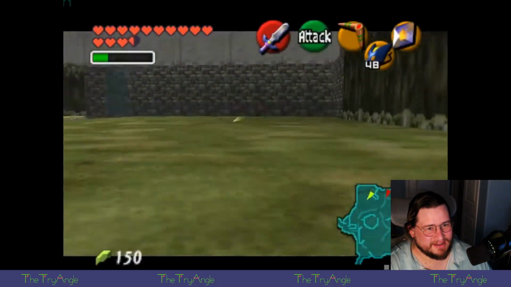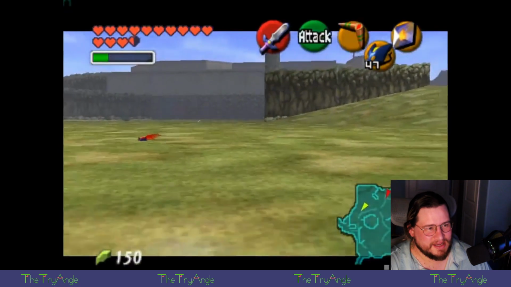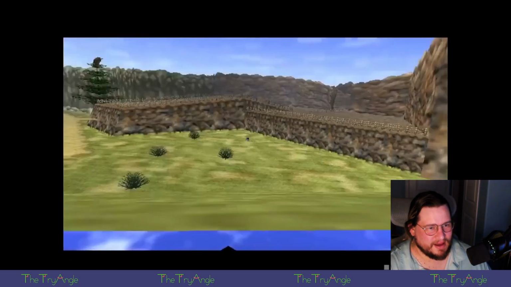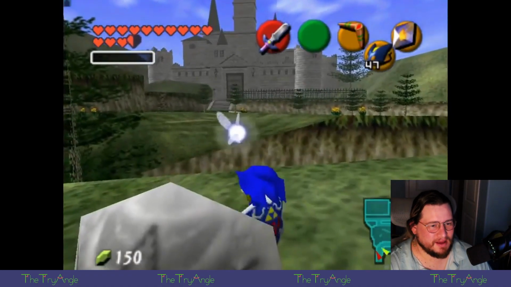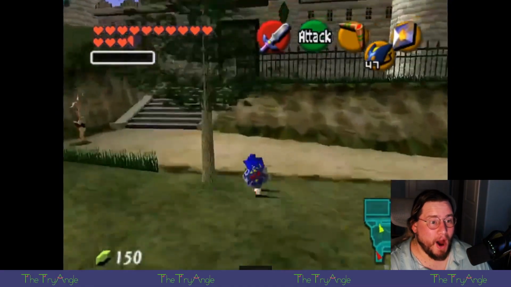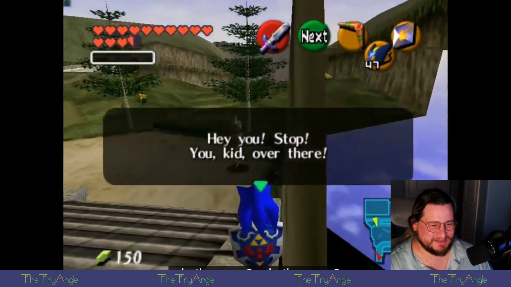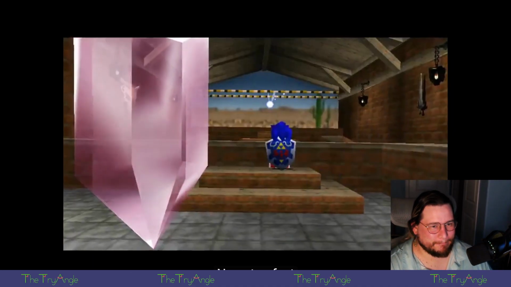My god. He's outrunning the beam. I went so fast that I got an access violation. Easy. What's wrong? What's wrong? Nope, too fast.